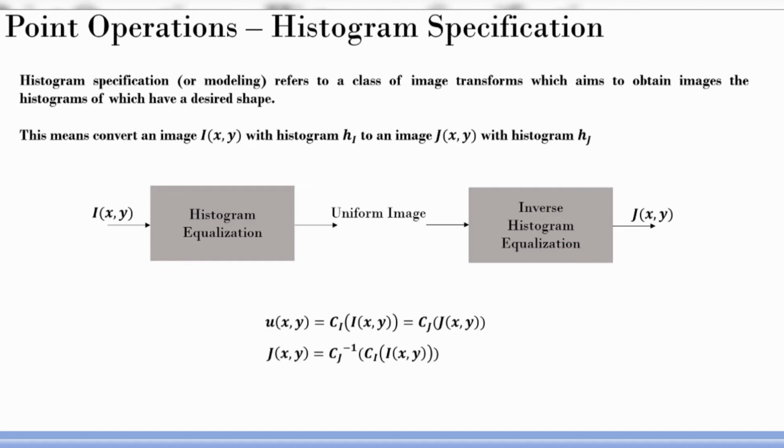So histogram equalization is something like you are trying to equalize the histogram of the image, with no reference there. The objective is to try to make the histogram uniform. But histogram specification is something like I have another histogram and I want to base my current histogram on that histogram. So you want to really make this bad image histogram look like a good image histogram, and that is why the name specification. You can specify the histogram.